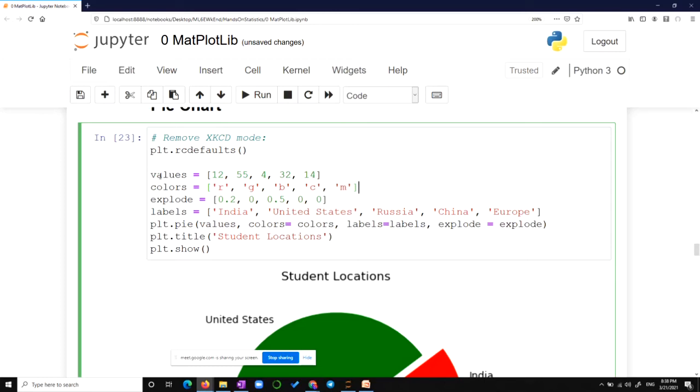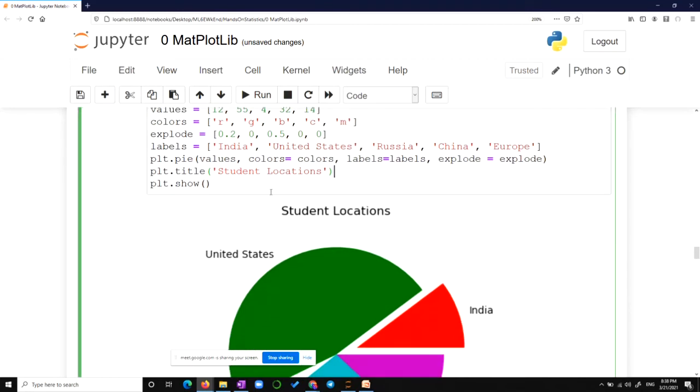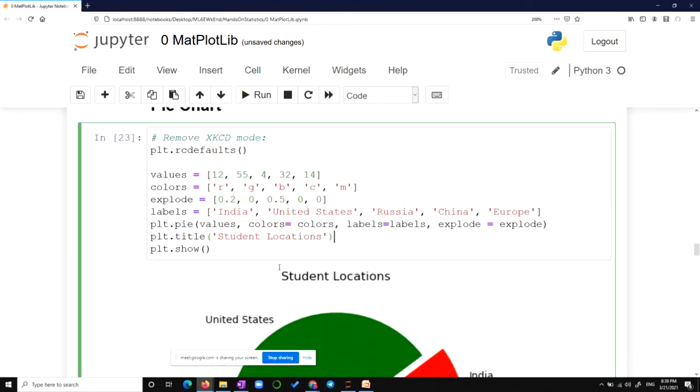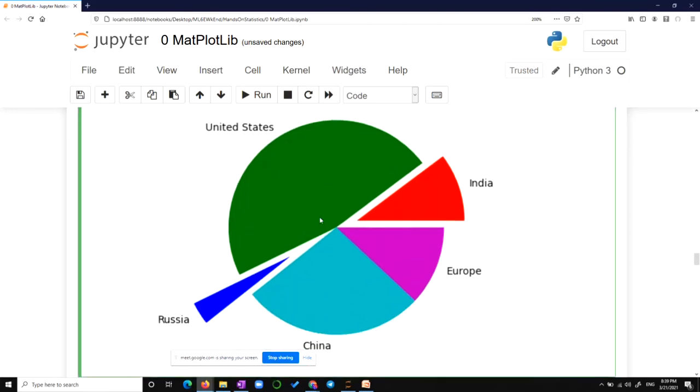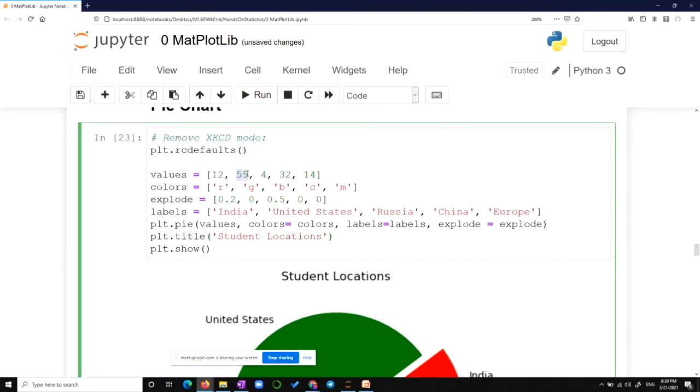So it expects you to give it data in a very structured manner, and these are values. Okay, it's 12, 55, 4, 32, 14. These are just values. You can put those values. It automatically converts it into a 360-degree schema, and it will produce that. So it will know that 55 is a large chunk.